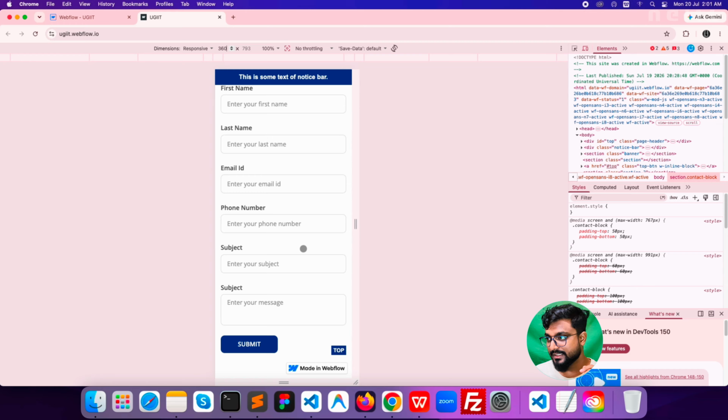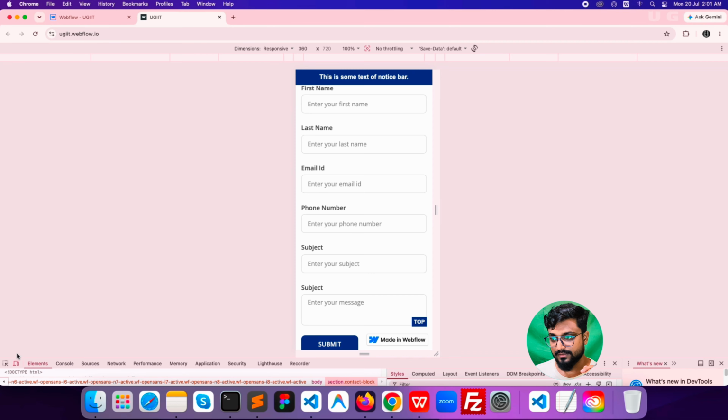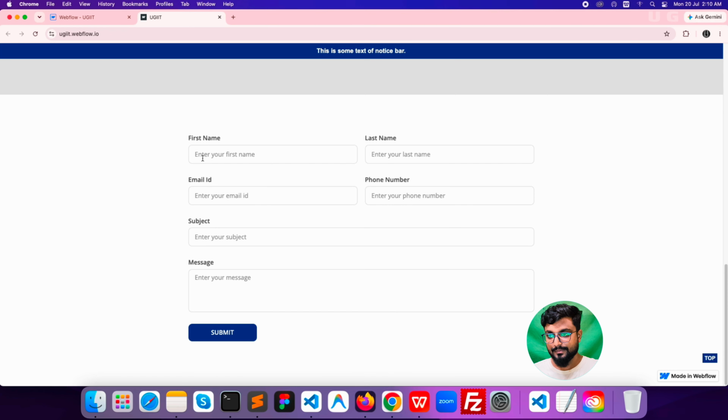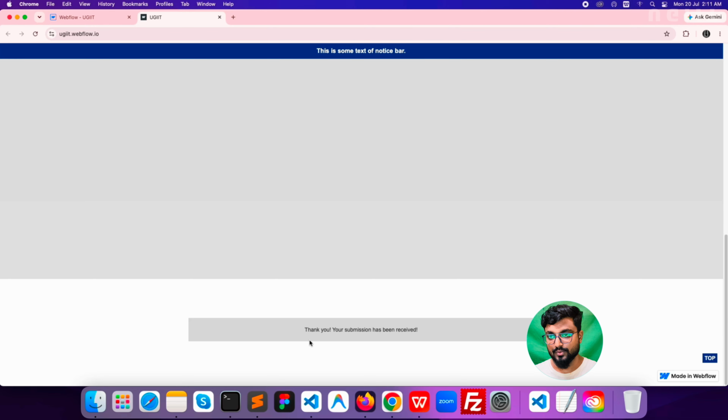So let's have the desktop version. So now let's put the data like first name Kaushik, last name Mondal, email ID swajit@gmail.com, phone number, subject, test subject, and this is the message, and submit the message, and these data stored in our